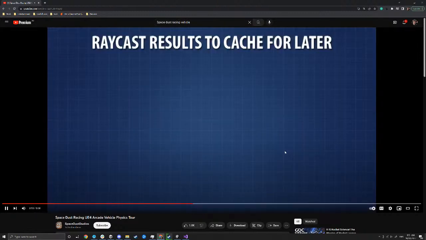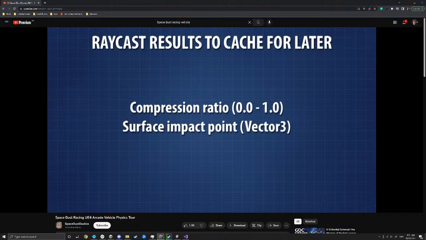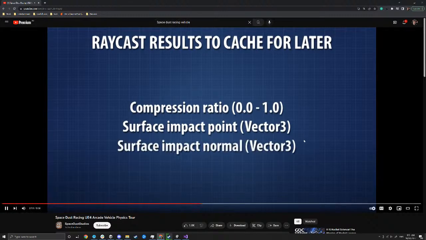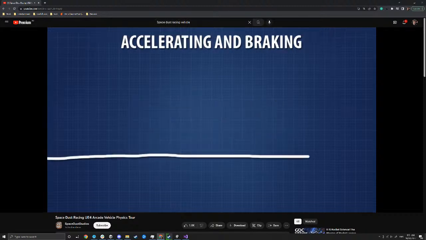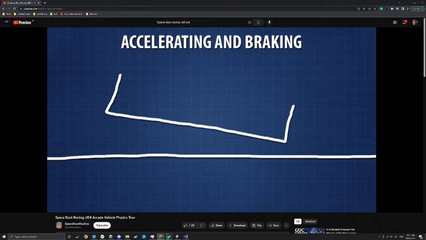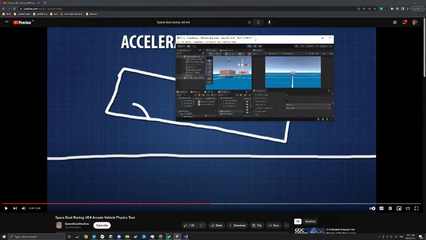One side note, for each raycast that hits something, we'll make sure to remember the compression ratio for that suspension, the surface impact point, and also the surface impact normal. And these are results of the raycast. We'll use them later on to help us figure more stuff out. We're off to a kind of cool bouncy start, but we still can't accelerate or brake. So to fix this,